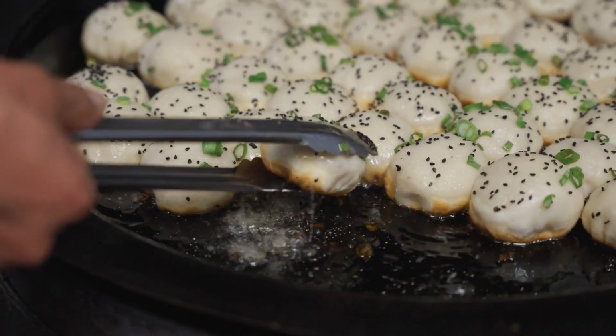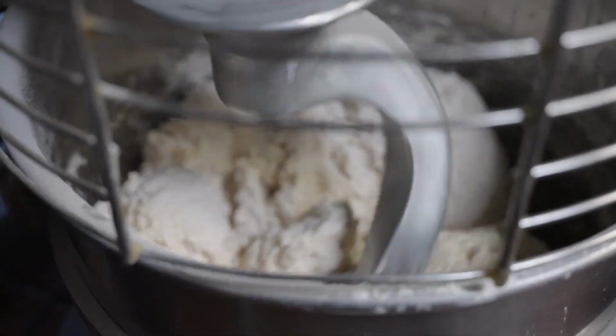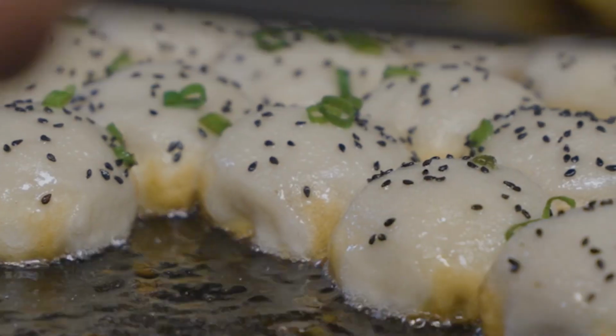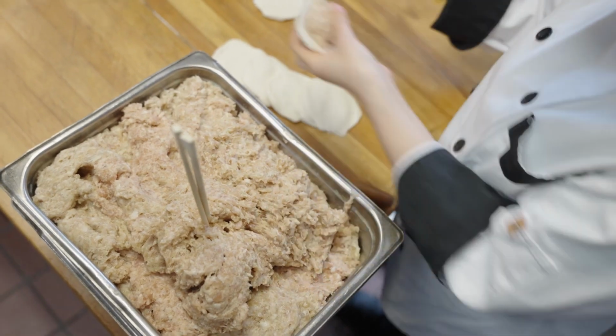The pan-fried buns are a popular street food in Shanghai, where the dumplings originated. They're part yeasted bun, part pot sticker, and a soup dumpling all in one. The best Bao have a crisp, thick bottom, a thin and chewy top, and a filling full of juicy pork